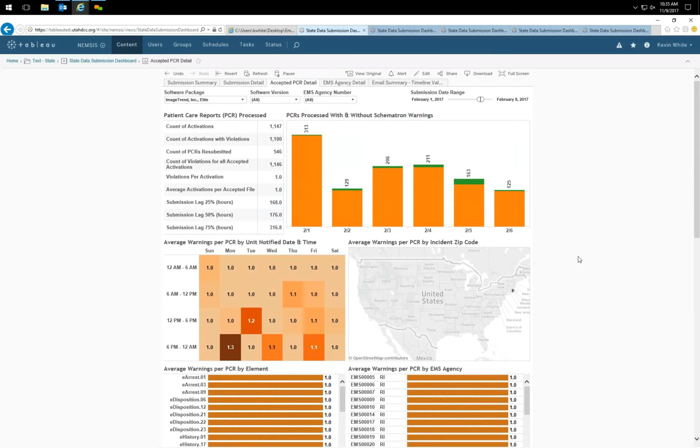Anna? Oh, yes. Hi. I was just, for myself, looking at this thinking I probably, at a state level, would not really look at average warnings by zip code level. I'm more interested in the agencies